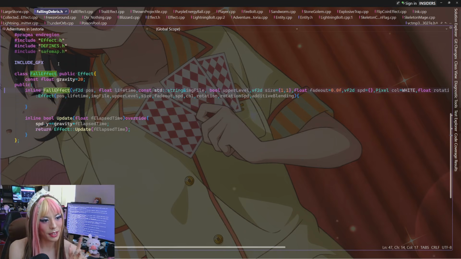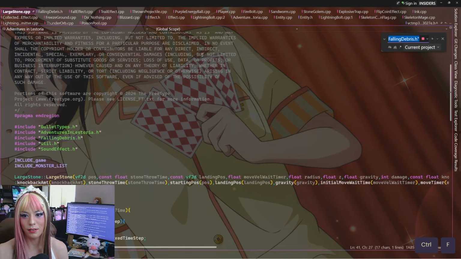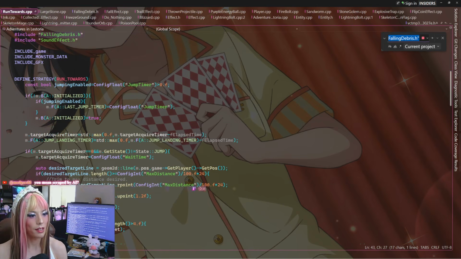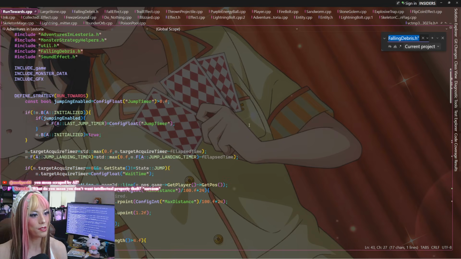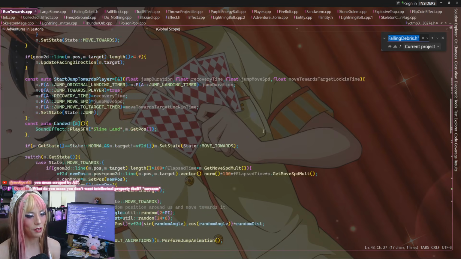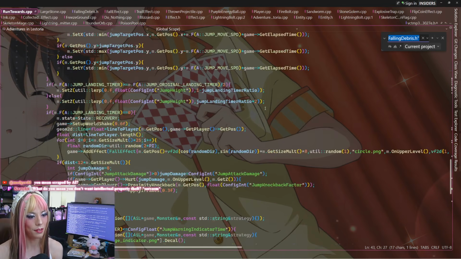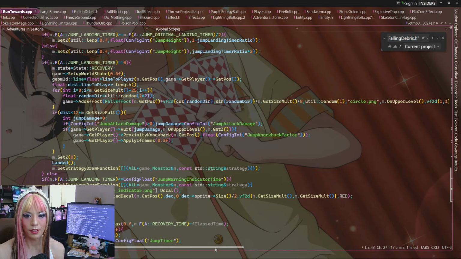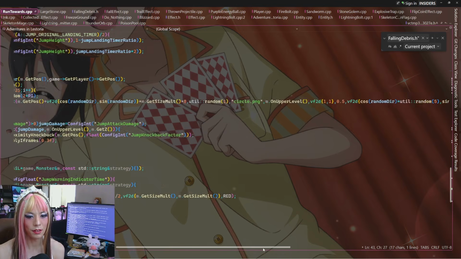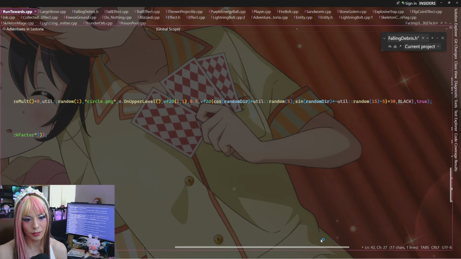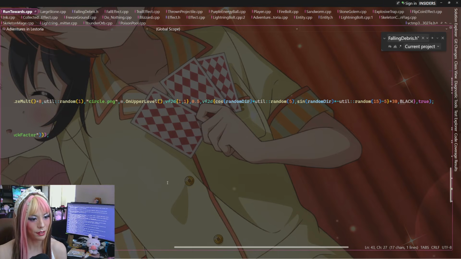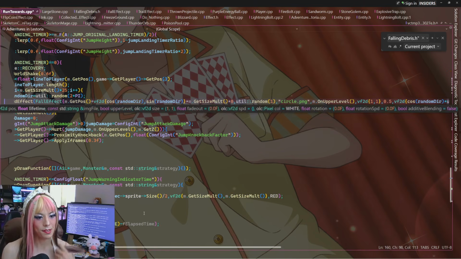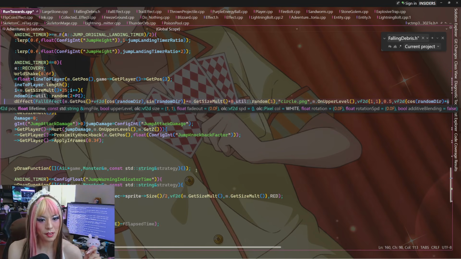So I think we want to keep this one. I want to see if there's any other instances that use this header. Apparently we only use this constructor, so there's an include here under run towards. And here's another fall effect. Now this one... oh, okay, let me see. What is this util random one? Is this the... oh, this is the lifetime.